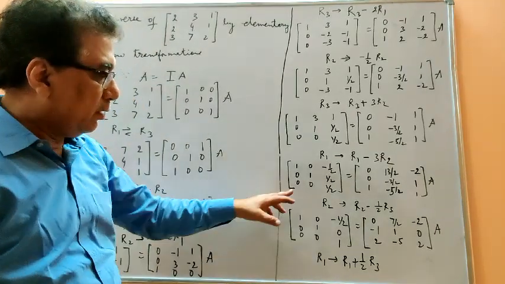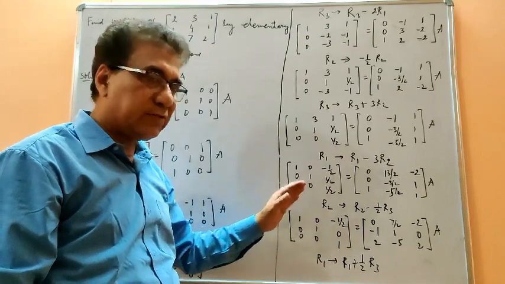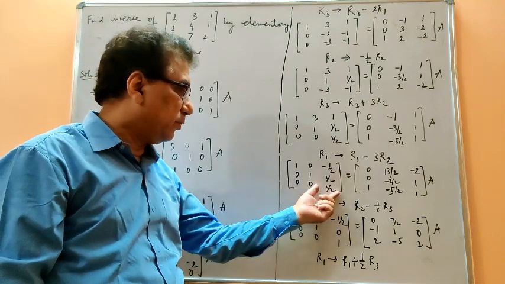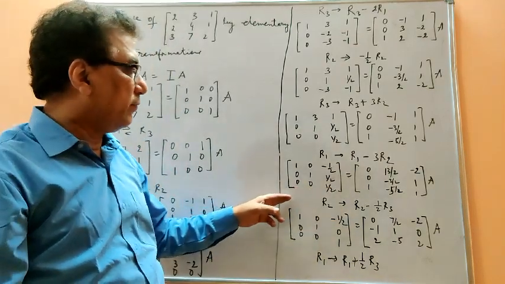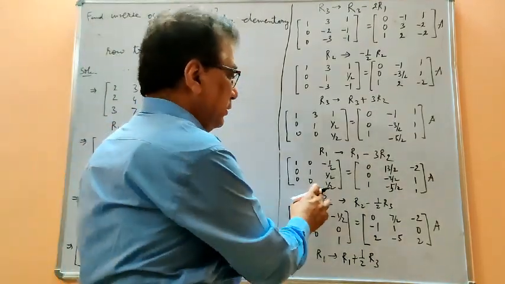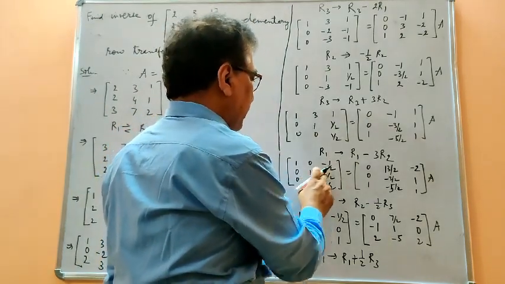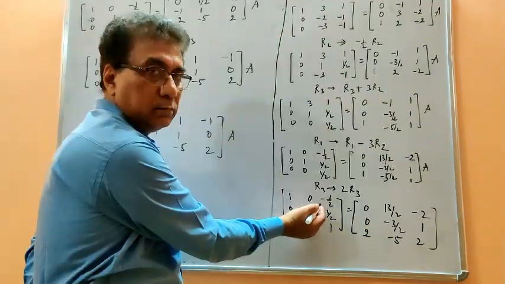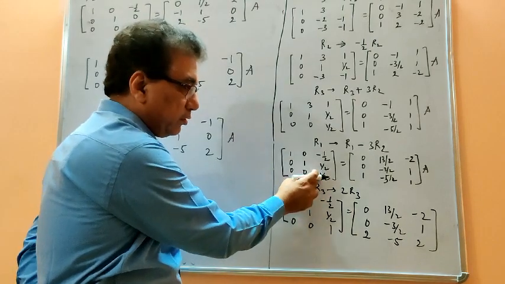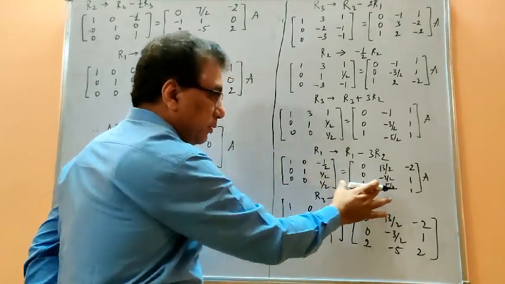Now this is the new form of the left hand side matrix, and we are in the process of making this an identity matrix. The algorithm says that this element has to be made 1 now. For that I have first multiplied R2 by 2. Now to get 1 here, because that is the next step of the algorithm, we should multiply row number 3 by 2. The same has been done this side.